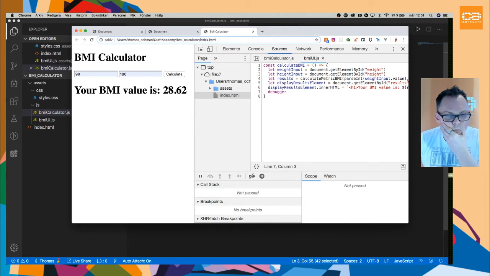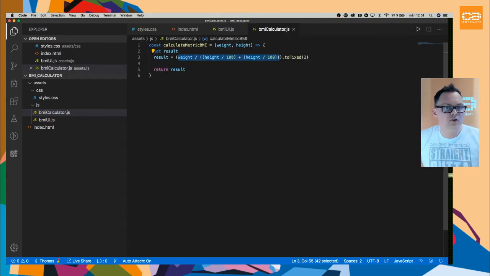Now we can create a get message, and get that message based on the results that we receive from this calculate BMI or calculate metric BMI method. So we could head over to our